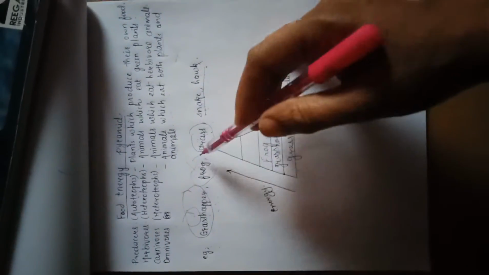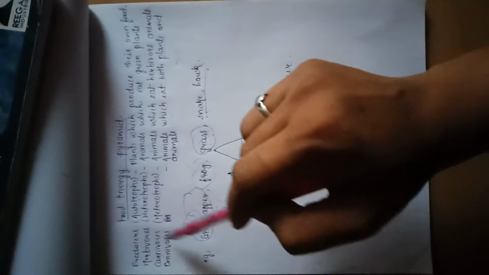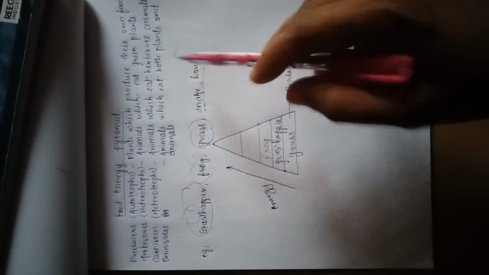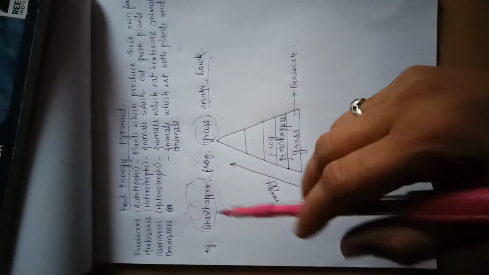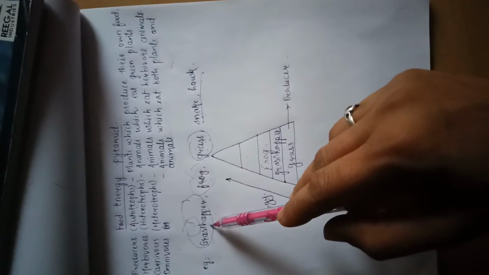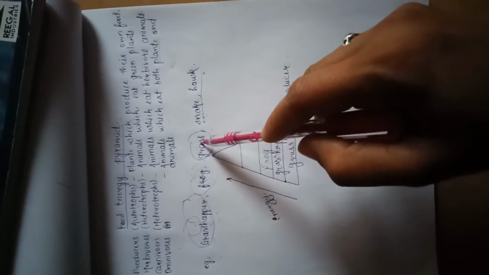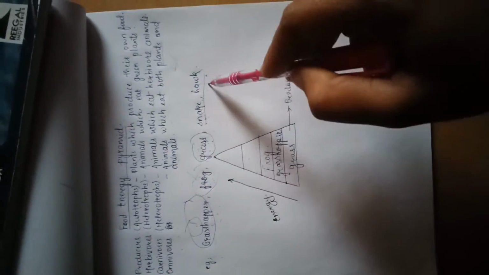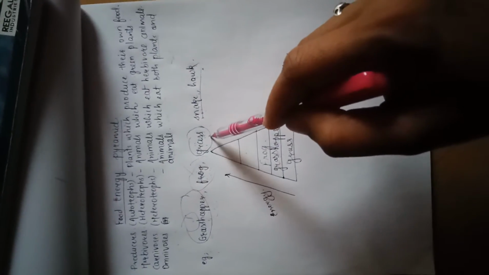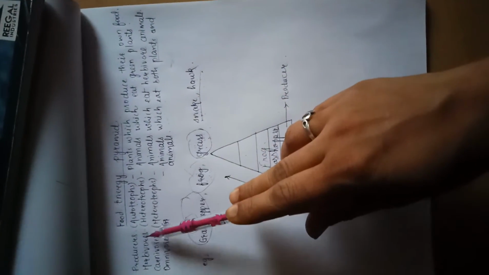First, you need to draw a triangle for it. If you are clear with this point, then you can segregate these animals into producer, herbivore, carnivore and omnivore. So basically the examples given here are grasshopper, frog, grass, snake and hawk. When you are drawing an energy pyramid, first you need to check which thing produces its own food. It means you need to check the producers.